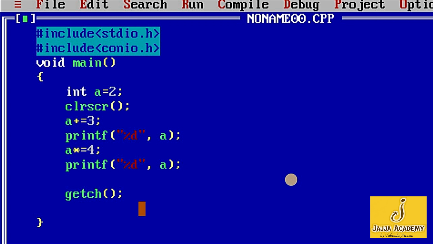To make it more understandable, I'll write here A += 3. When we write something inside double quotation marks and before the format specifier, this is printed on the output screen as it is. Let's run this program and see the results.